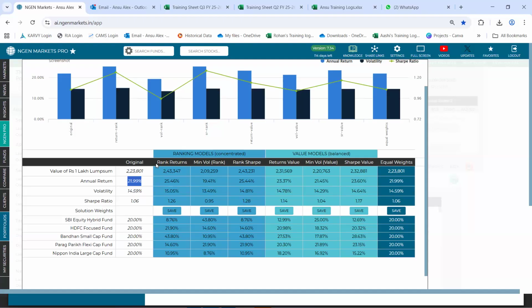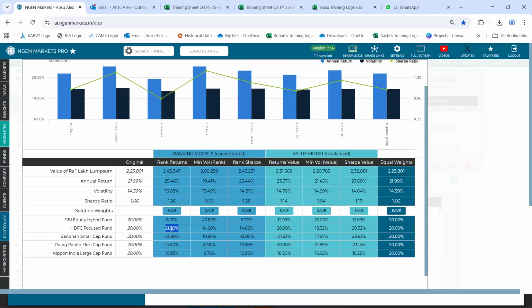Based on this rank returns model portfolio, it could have come up to 25.4. Now, how could this difference happen? 43.8% could be allocated to Bandhan Small Cap and 21.9 had been allocated to HDFC Focused Fund.